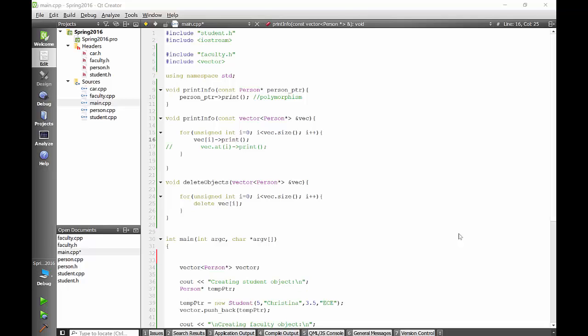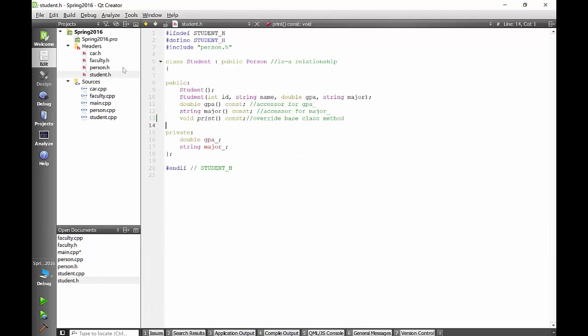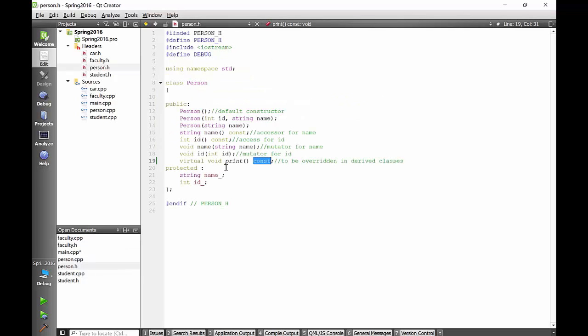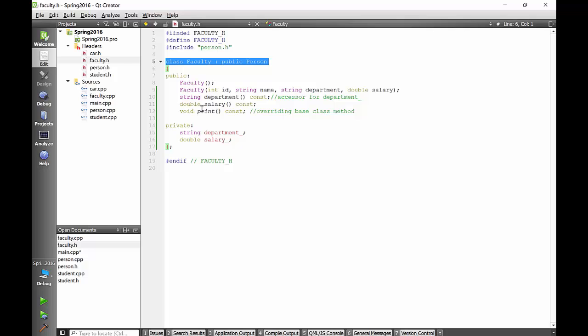Okay, so welcome friends. This is a quick recap of what we did so far in polymorphism. We created two classes, student and faculty, both deriving from the public person class, and then we had a virtual function in the person class that we will not implement in the person class, but we override it in the derived classes or subclasses, so that whenever we want to call print,